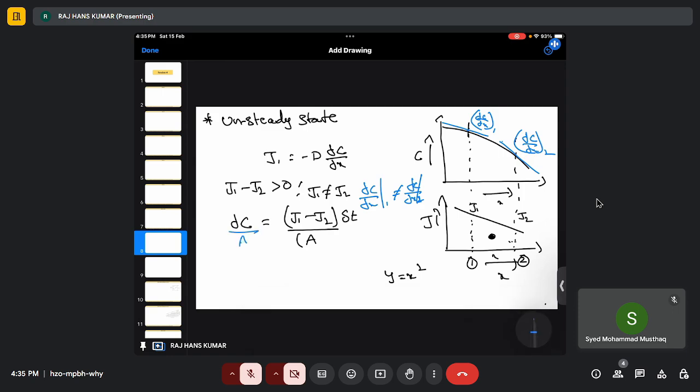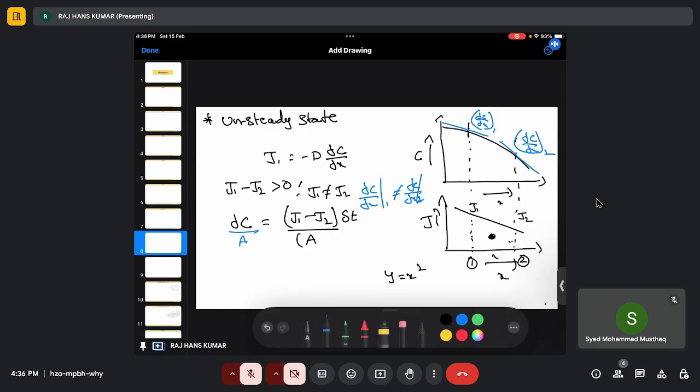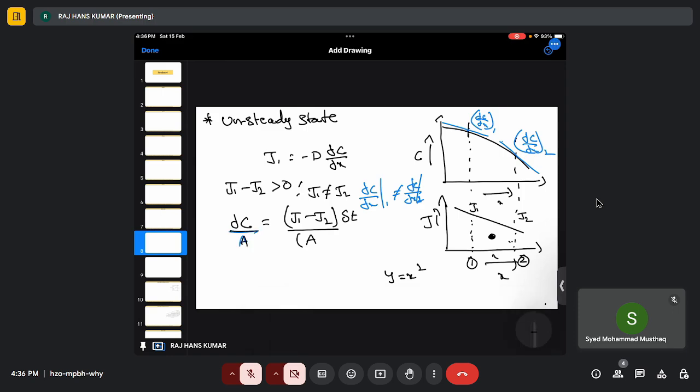So net accumulation, okay, my bad. Yeah, net accumulation per unit area, again the flux per unit area. Okay, now area gets cancelled. So again, how do you define J1 minus J2? If I use the Taylor expansion, it will be easy. Or you can use the normal derivative equation, which is